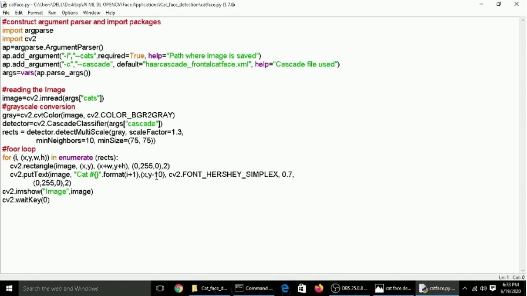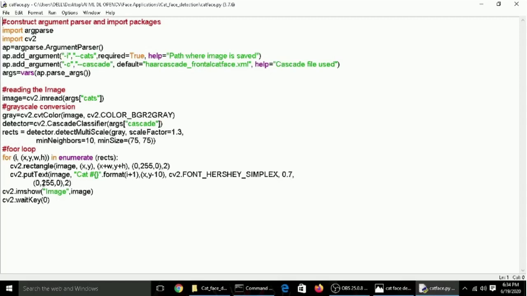It is self-explanatory. We are using the font Hershey Simplex. If you don't know much about the fonts and want to experiment, feel free to search for cv2 fonts. You will get a variety of fonts. I have used here a simple Hershey Simplex font, and also the font size.